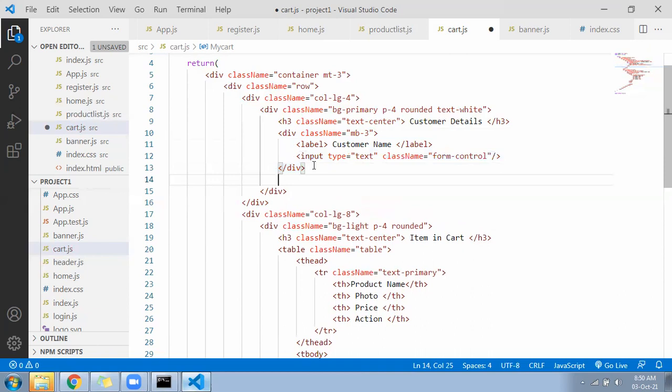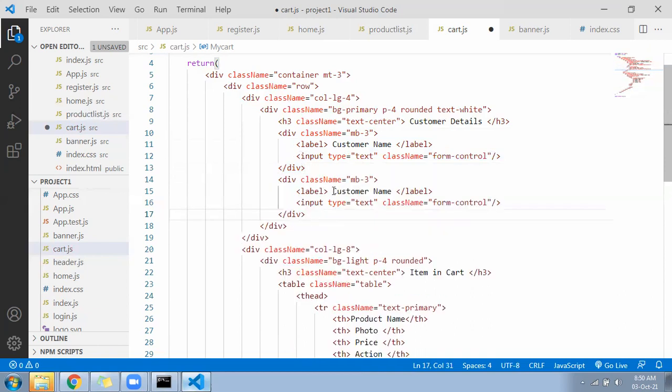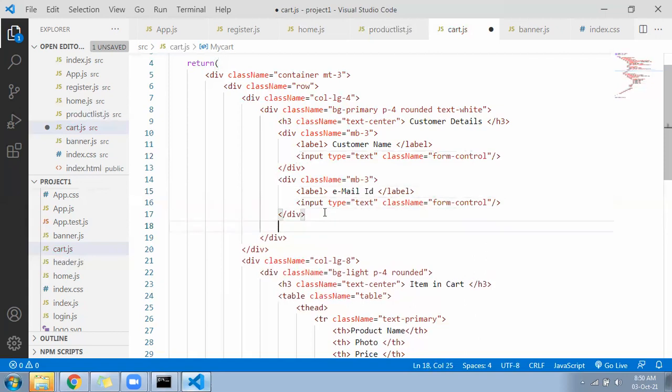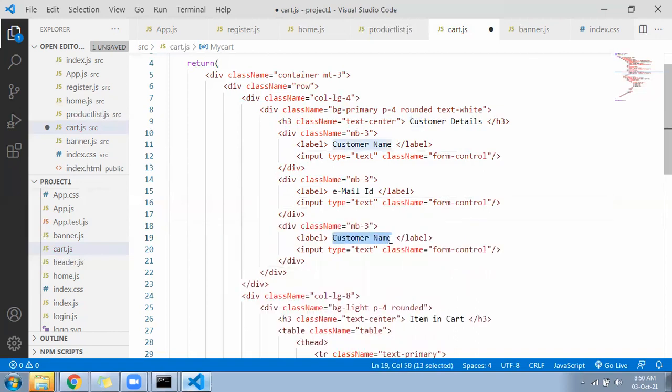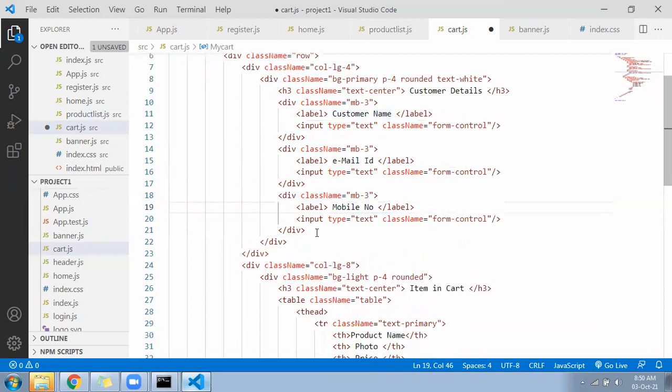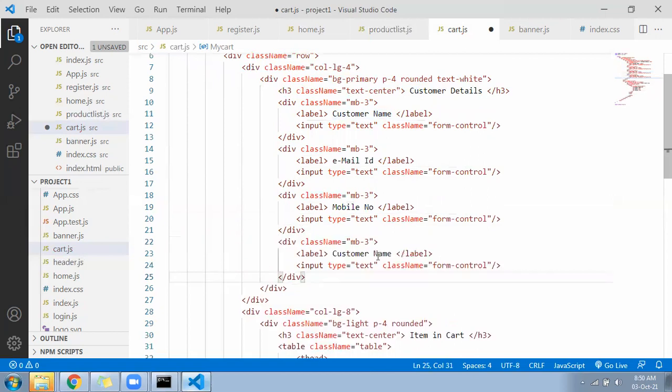Customer name, email ID, phone number, and address, delivery address.